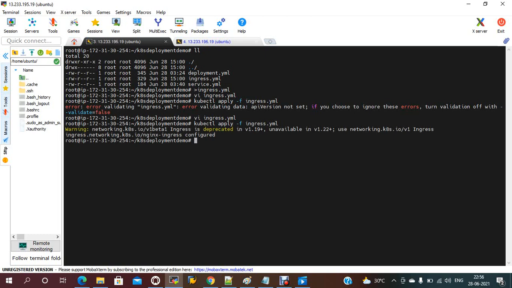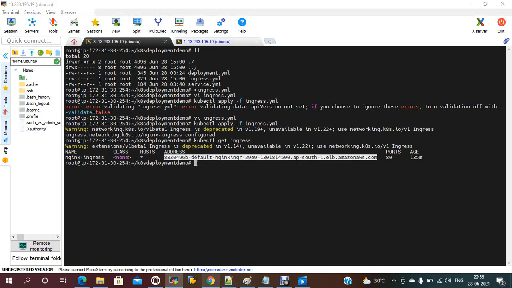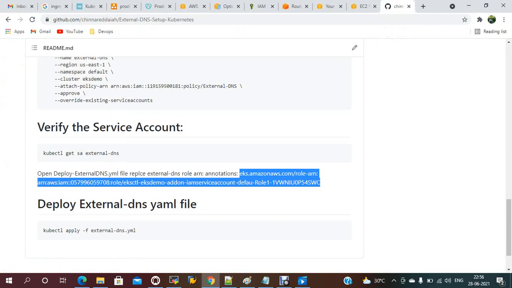Now it should be configured. Now once it is done, if you check now, kubectl get ingress. Now it should be created. Now if you go and try with HTTP, you will be able to get it.